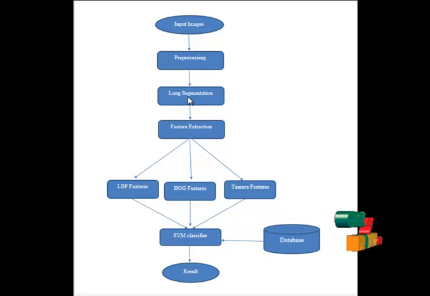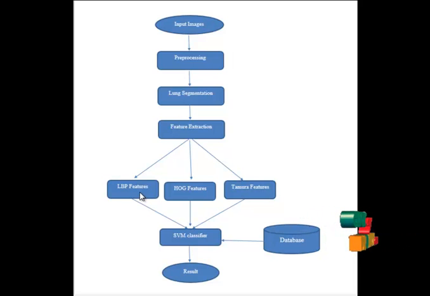For segmenting the lung, here we are using the graph cut segmentation algorithm. It works based on graph analysis. The maximum flow problem in a graph will be analyzed in graph cut segmentation. Based on this, the lung will be segmented. After segmenting the lung, it will go to feature extraction. Three features are calculated, that is LBP feature, HOG feature and Tamura feature.